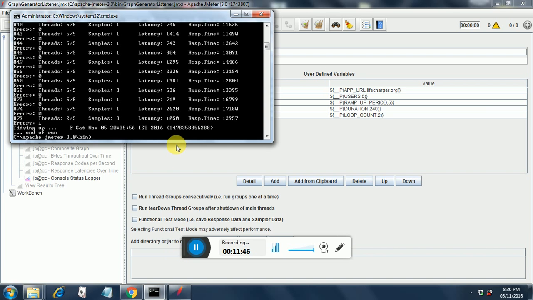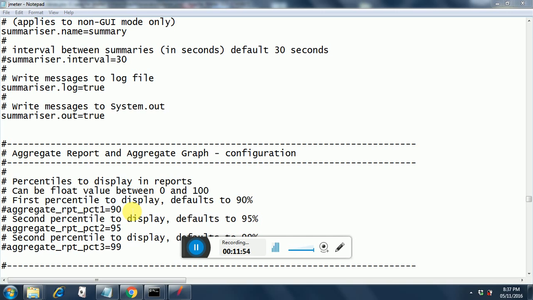So this is how you get real-time results when you run the test. Now let's look into the summarizer with these many users. As you can see, I have uncommented the summarizer name, summarizer log and summarizer out now. I will save this file,